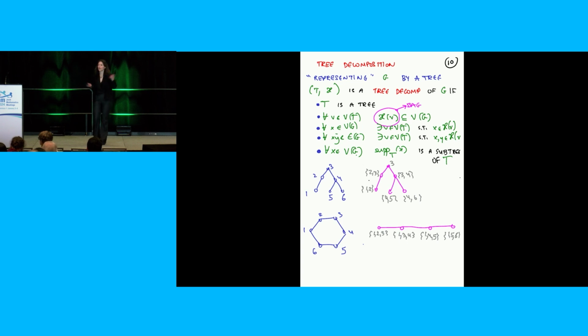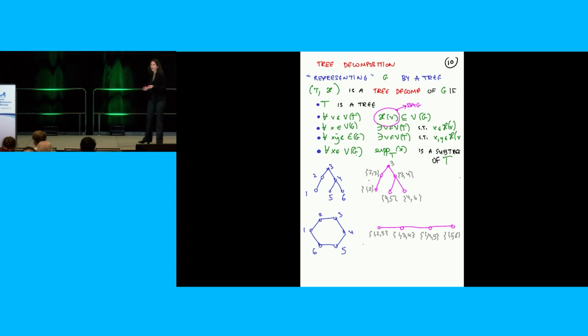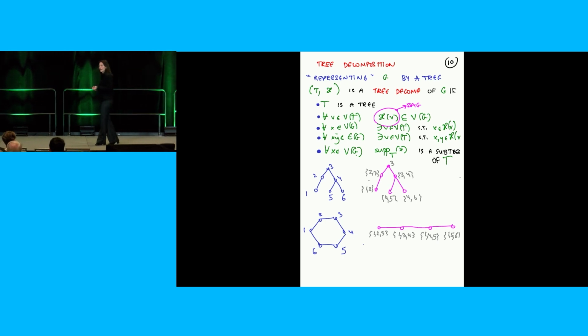OK, so this is a tree decomposition. You can check that it's really a tree decomposition, or you can believe me that it's really a tree decomposition. Now, it seems like we did not gain very much, right? I had a tree, and now I have the same tree, but now every vertex, instead of being a vertex, it now represents 2 vertices. So that's maybe not the greatest accomplishment. But what we did do is construct, for every tree, a tree decomposition where all bags have size at most 2. So when you say it like that, it sounds better.